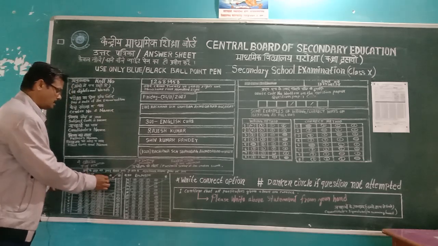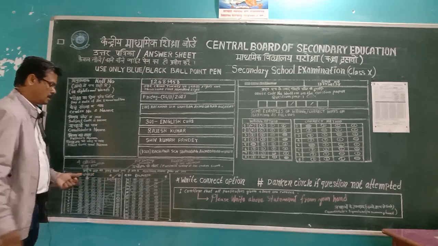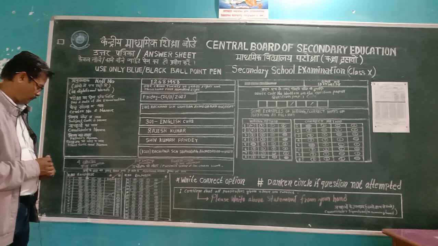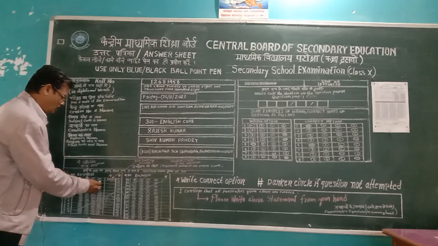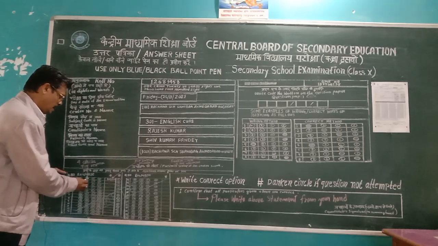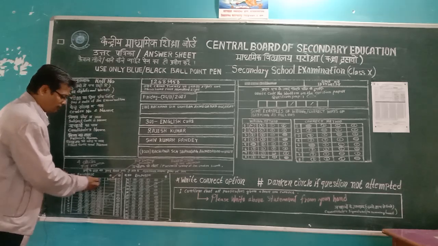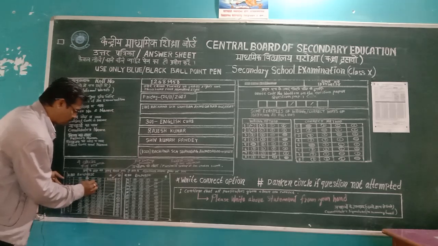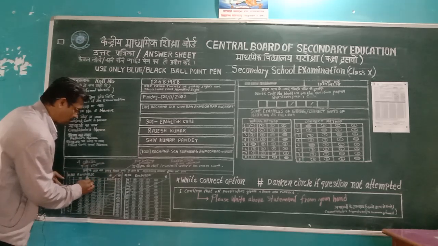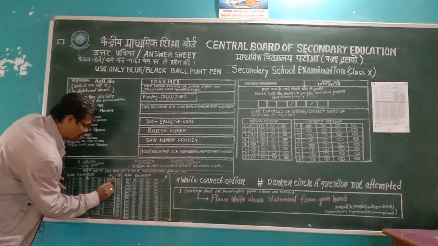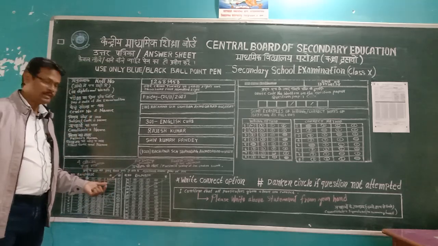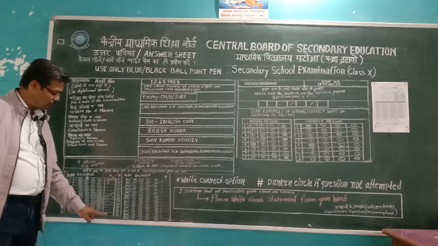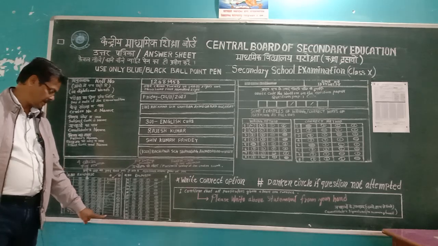If we do not write the option here, this question may fall under unfair means. It will not be checked. Suppose for example, we have not darkened the circle here, but we have written the answer here. Suppose for example, for question number 2, C is the right answer. We have forgotten to darken the circle and we have written C here. Then what will happen? C will be the final answer, because whatever option is written in the rectangular box, that will be the final answer.